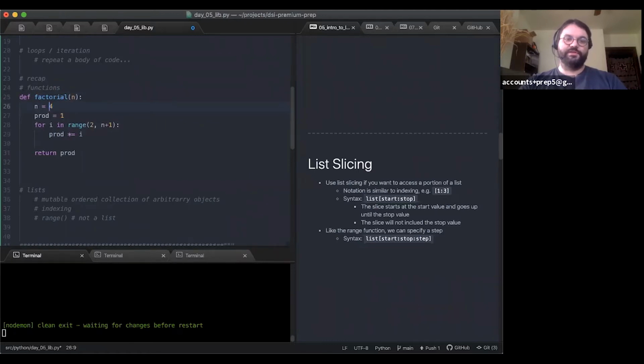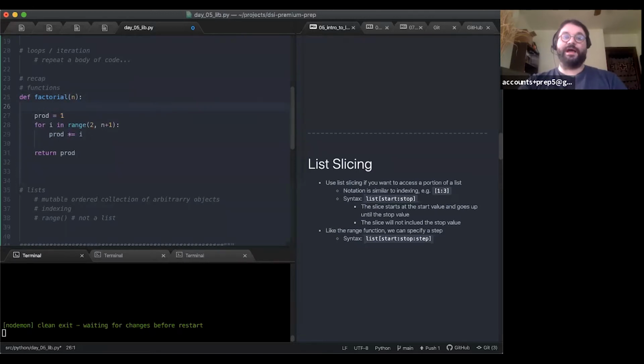Another thing I don't want you to do is n equals 4 here, because this does the same thing, right? When I call this function, whatever I passed in as n, if I pass in n as 5 here, it doesn't matter because I just overwrote n, which was 5, to 4. So I should call this factorial of 4, right?